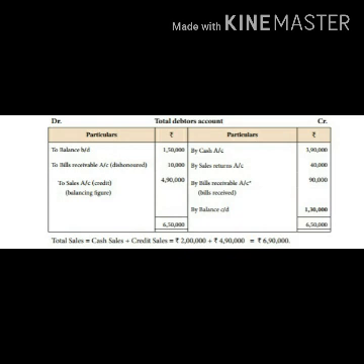You write there 10,000 in debit side. You find out the total amount. 6,50,000 posted into debit side. You write here 6,50,000. You calculate 1,50,000 plus 10,000, 1,60,000. Here total amount is 6,50,000. 6,50,000 minus 1,60,000 equals 4,90,000. So 4,90,000 is total to sales account.